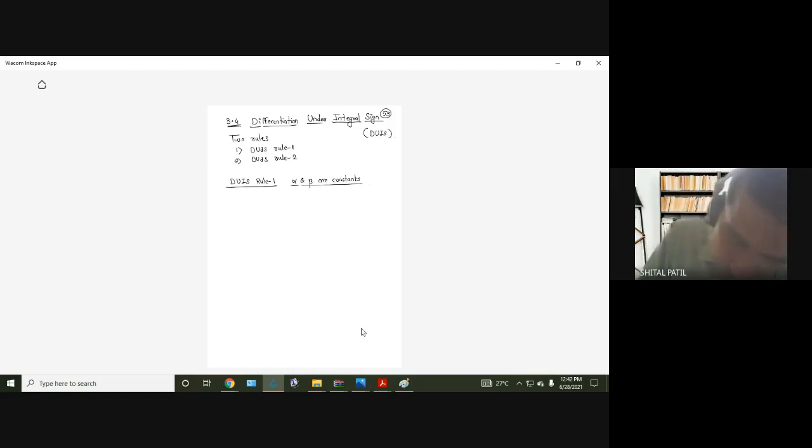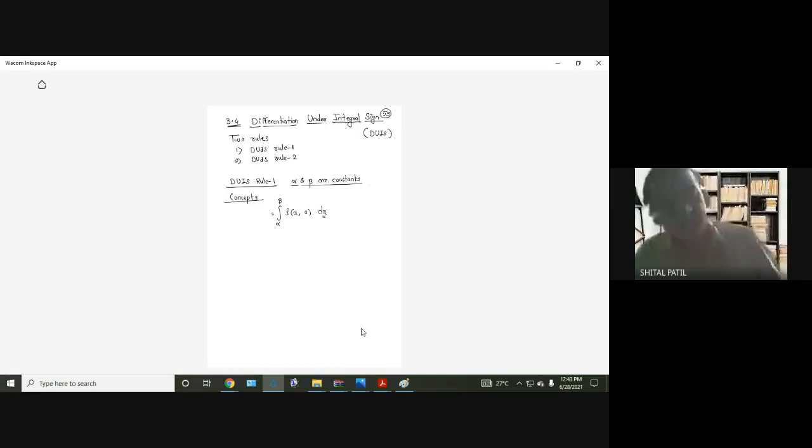So, the concepts we are understanding now. Say I want to integrate some function f of x, and a is there, and I want to integrate with respect to x, and some constants are there, alpha and beta, they are the constants. So after integration, tell me what will remain. Will it be a function of x, a function of a, or a function of both x as well as a?